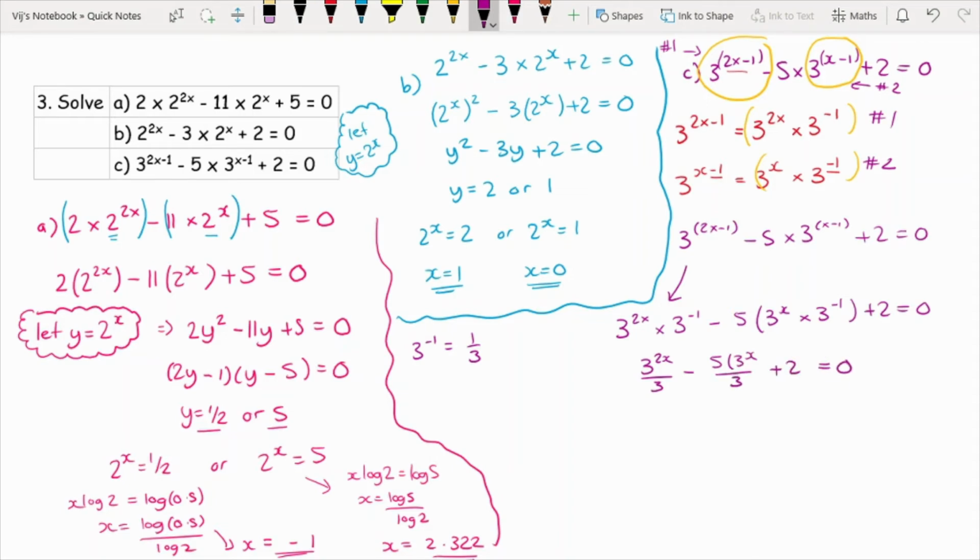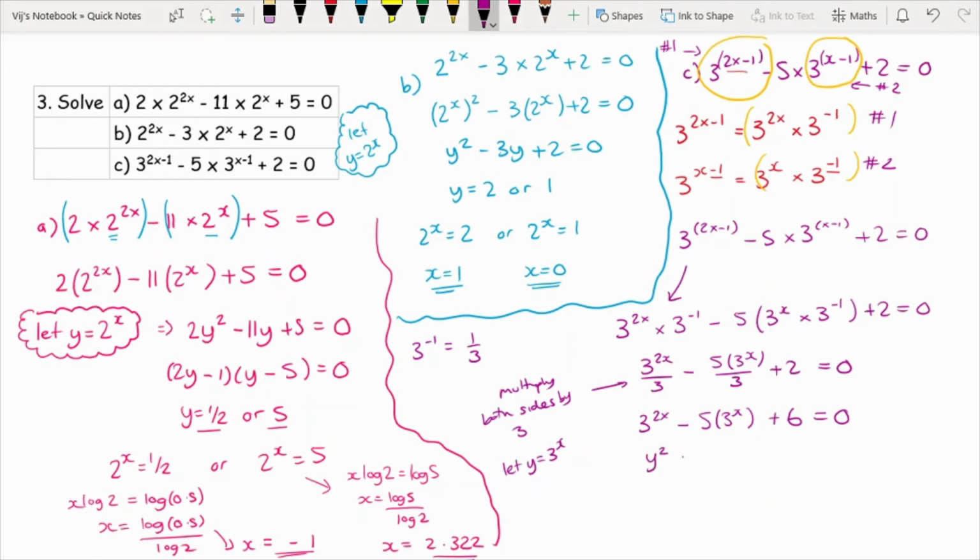plus 2 equals 0. And so from this, if I then multiply both sides by 3, just to get rid of the brackets, and the fact that it's equal to 0 doesn't really make a difference, what I'm left with is 3^(2x) minus 5 times 3^x, because obviously multiplying by 3 the fractions will cancel, plus 2 times 3, which is 6, equals 0. So now, if I then let y equal 3^x, I end up with